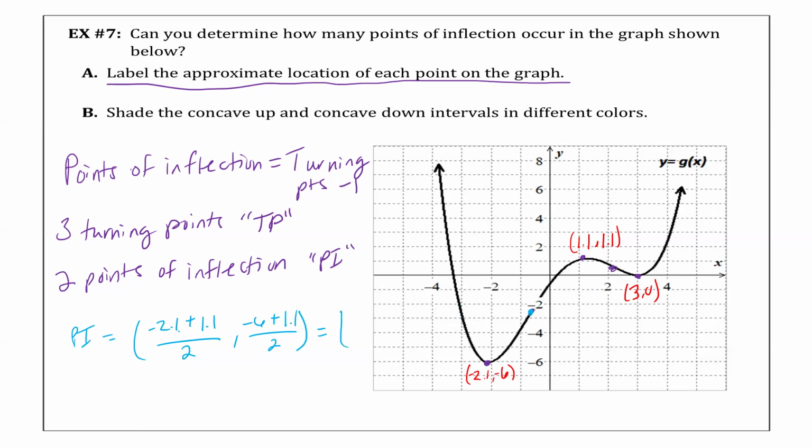So I get negative 2.1 plus 1.1 gives me, if you said negative 1, thank you very much. No one said it, so I'm just going to say negative 1 divided by 2. Next one, negative 6 plus 1.1. Negative 6 plus 1.1 gives me,